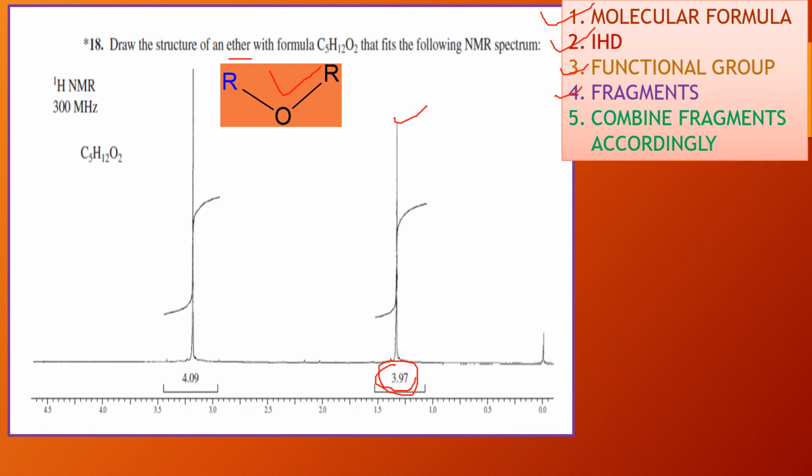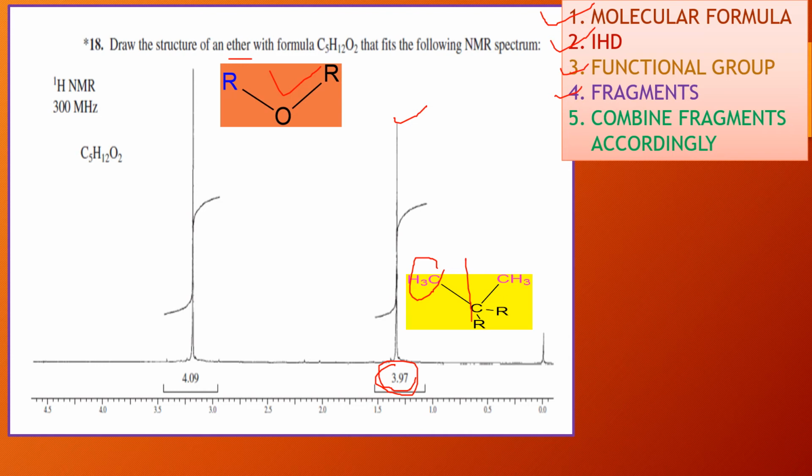So the possibility is this. You can see here, this is CH3 and it is attached to the carbon which does not have any proton. Or here could be another possibility as well, that CH3 or the carbon having hydrogen may be connected to another atom which does not have a proton,